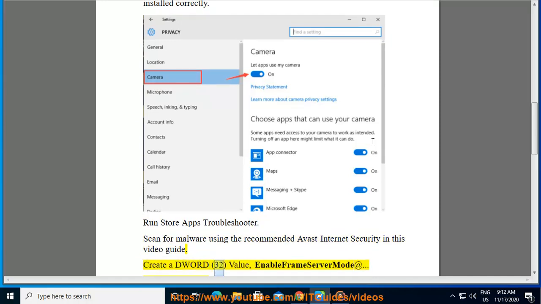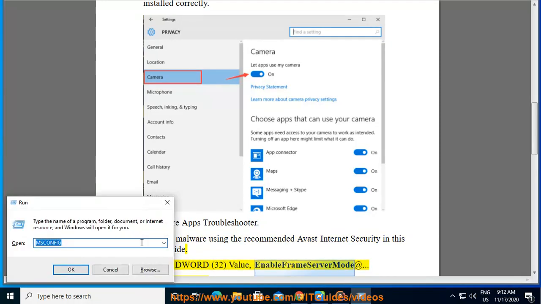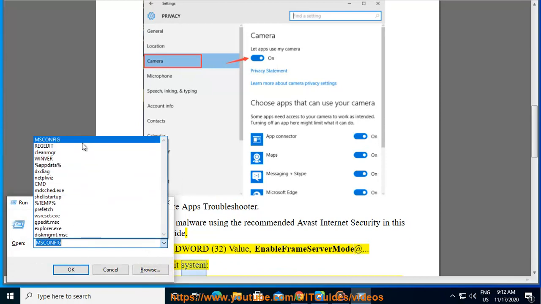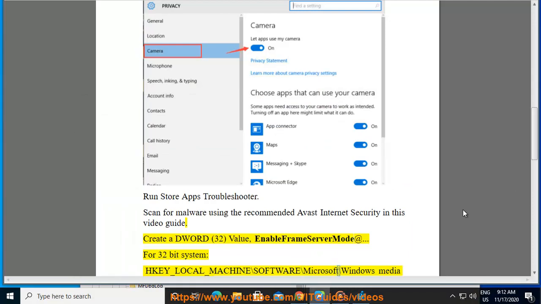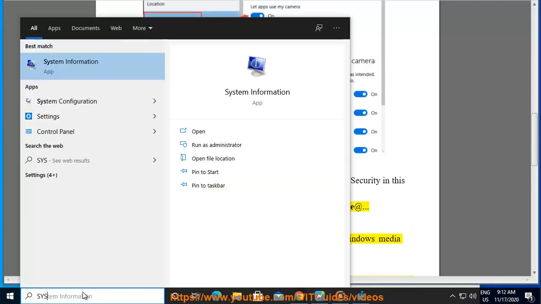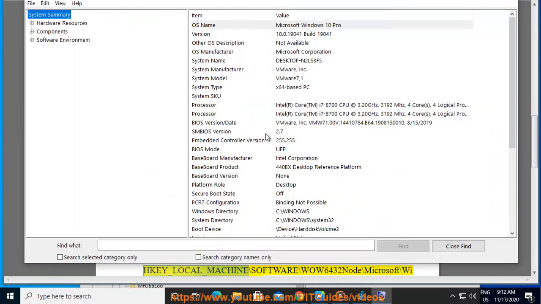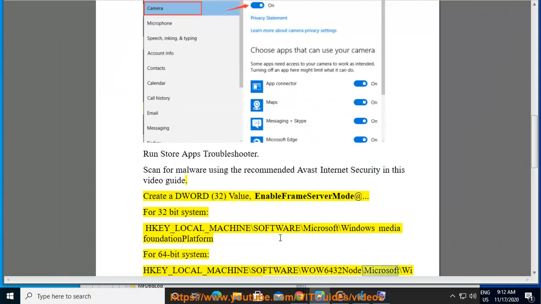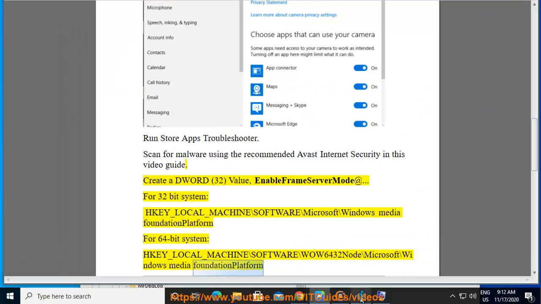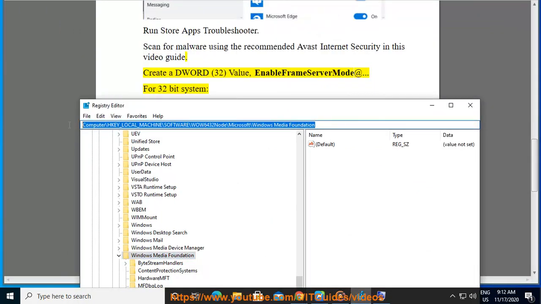Create a DWORD 32 value, enable frame server mode at. For 32-bit system, HKey_local_machine /software /Microsoft /Windows Media Foundation platform. For 64-bit system, HKey_local_machine /software /WoW 6432 node /Microsoft /Windows Media Foundation platform and set enable frame server mode as 0, restart your